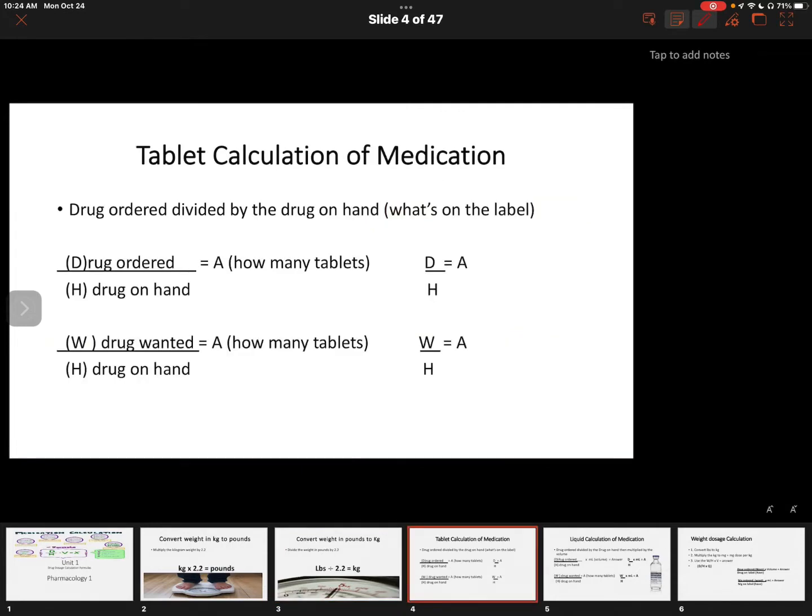The next slide, we're talking about tablet calculations. This is about oral medications. This could be a tablet or this could be a capsule that we're wanting to give a patient. When the physician orders a drug to be given, there is a milligram dose that is also included. So, for example, if the doctor had ordered 100 milligrams,